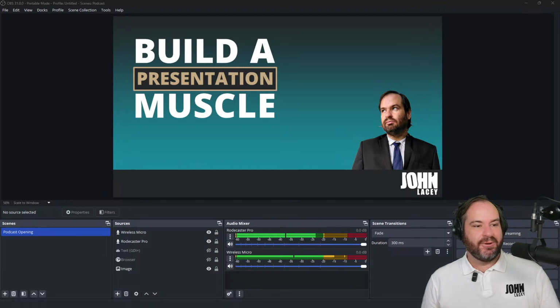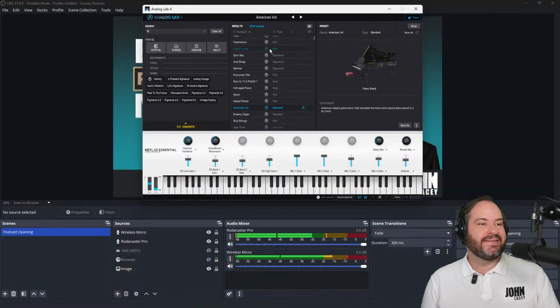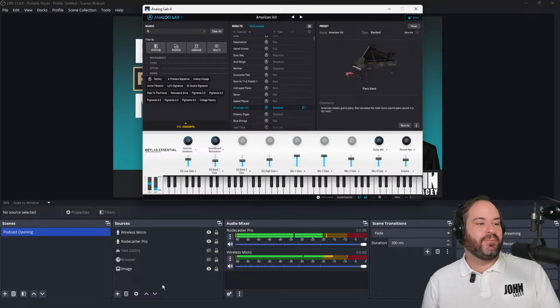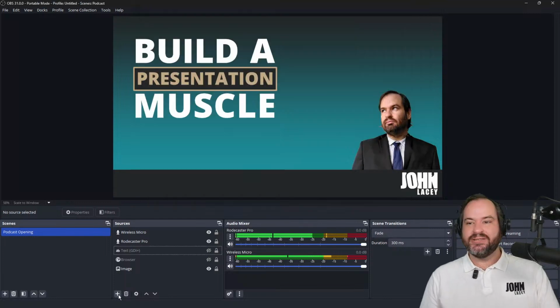Just going to open an app on my computer, which hopefully will bring in some audio. Again, you won't actually hear this audio, but I've got a MIDI keyboard beside me and I can press keys on it and it'll make sound. The reason I want to show you this one is because if you wanted to bring in that audio